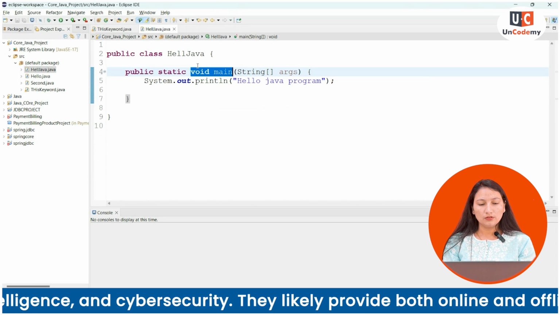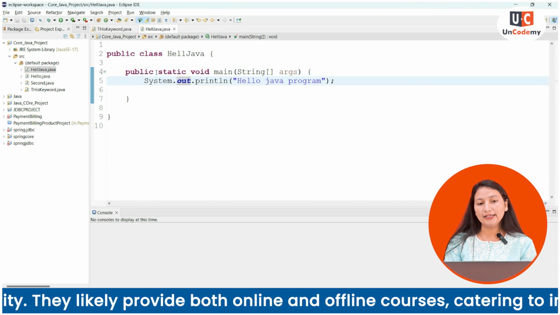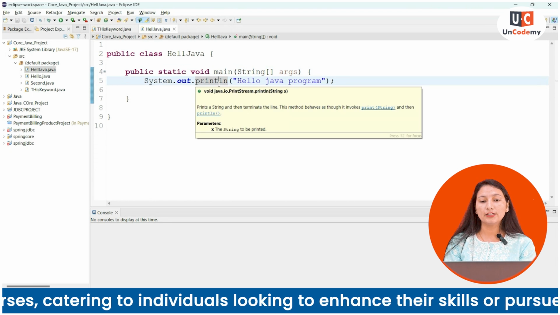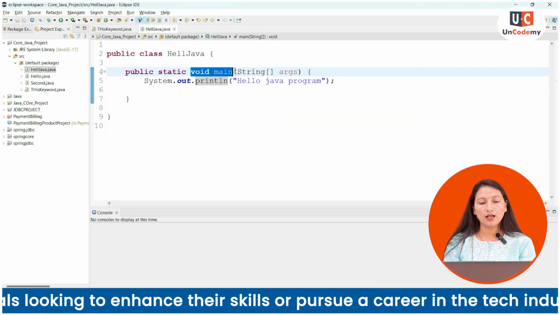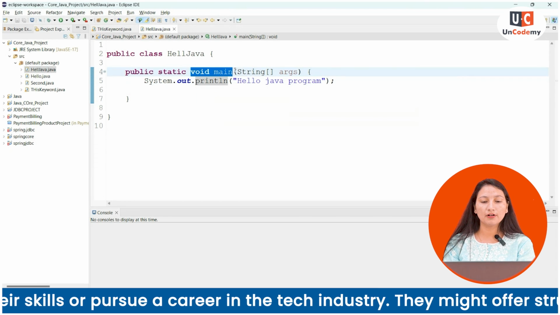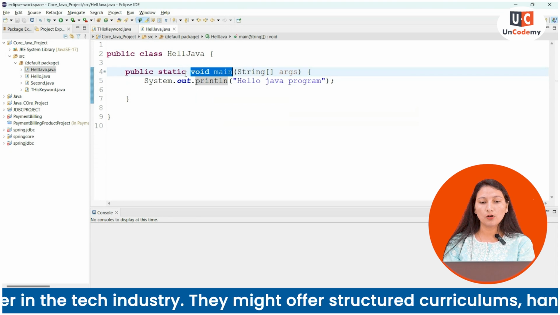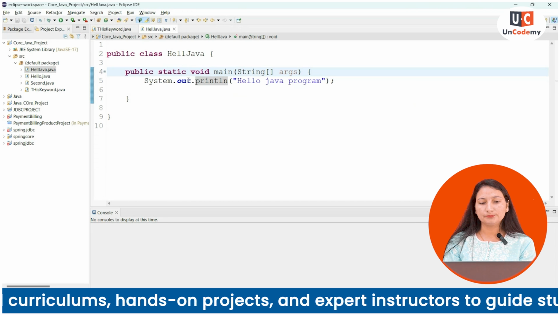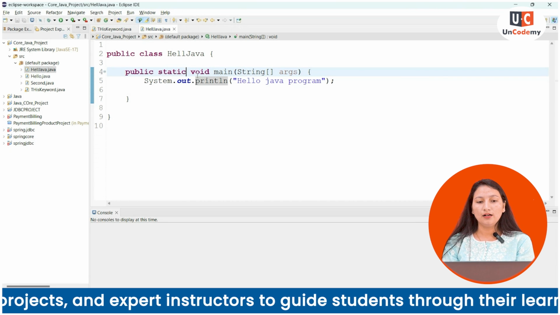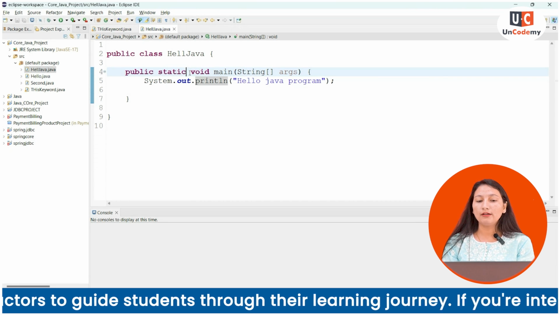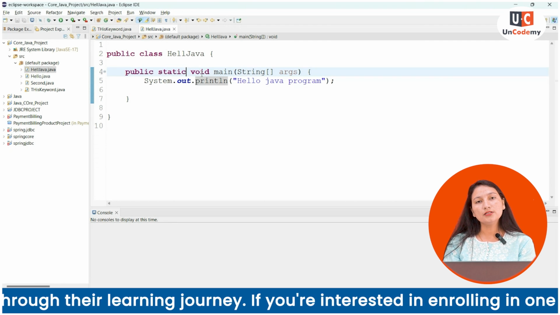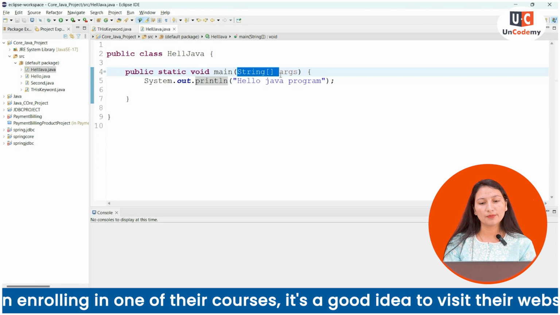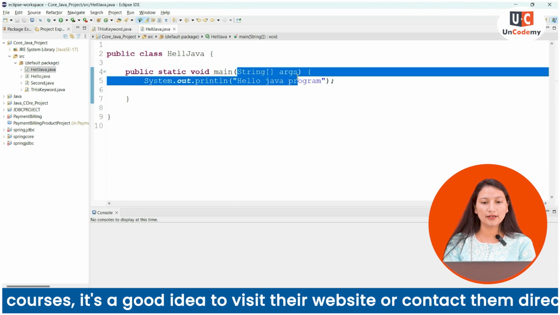Okay, so why do we use the static keyword before the void main function? Because when the entire Java program is run, you have to use static. If you use the static keyword, then you don't need to create any object of this class, and it can be called directly by the JVM, that means the Java Virtual Machine. As well as String[] args, that means a string array of the Java programming language.